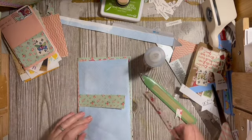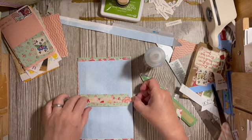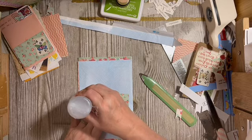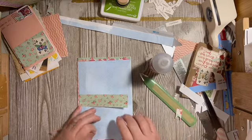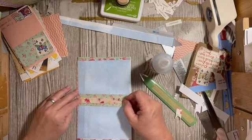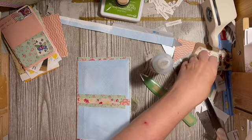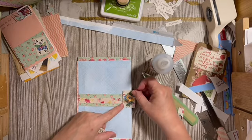Oh, I wonder if we should go ahead and, yeah, let's do that. Okay, so I'm going to go ahead and put a piece of this down the center. It's fun using these colorful things. Love it. Okay, so over here, I have